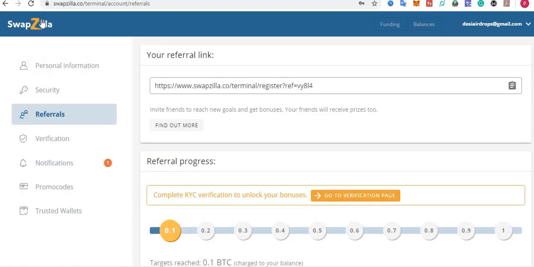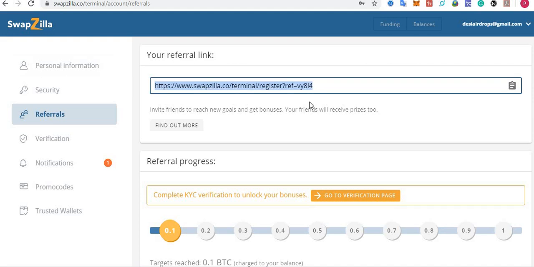Yes. So guys, you can see here the screen on the screen. This is the verification step. You can see here very clearly. It is stating that complete the KYC verification to unlock your bonus. Alright, so yes, I'll be doing it in a few minutes. So guys, if the KYC is mandatory, please do not miss it. And if it is for any exchanges, which is mandatory to do the KYC verification, otherwise you will miss your tokens.